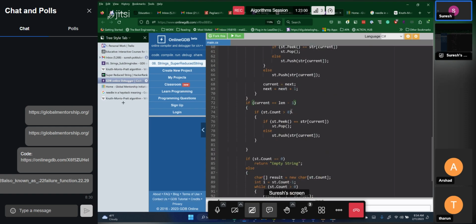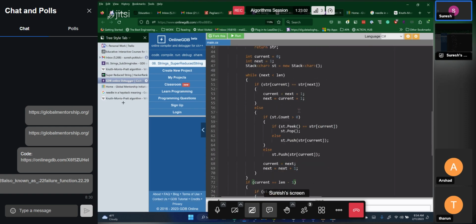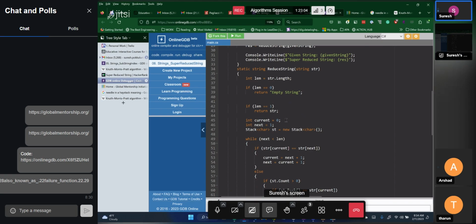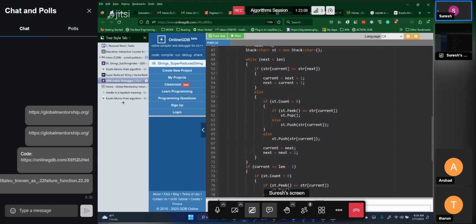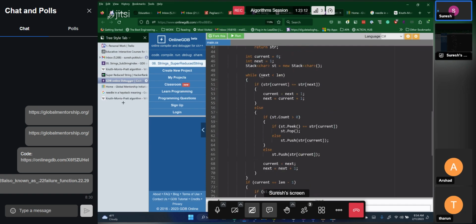If you look at the algorithm, you can easily understand. So first is current and next, and here is the length. As long as next is less than length, that's the condition, right? As long as next is less than length, we will go ahead. But if the current becomes length minus one, if the current is the last element, that's a special condition here. So the first condition is as long as next is less than length,